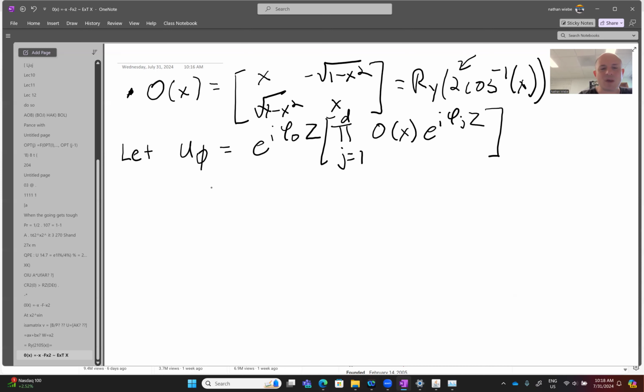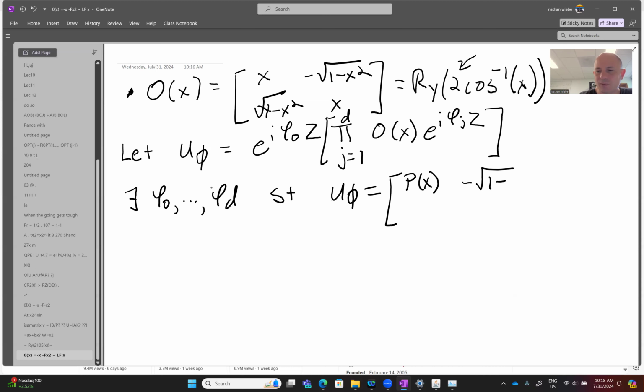This is our sequence. And the claim is there exist phi_0 through phi_d such that U_phi equals